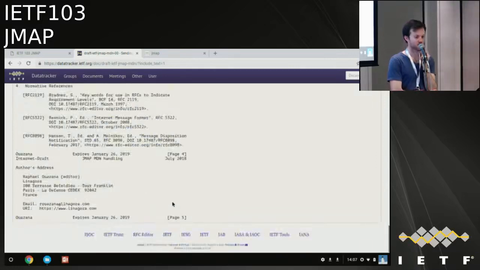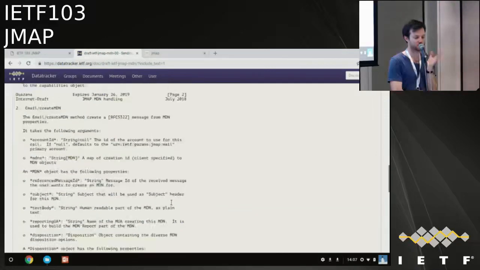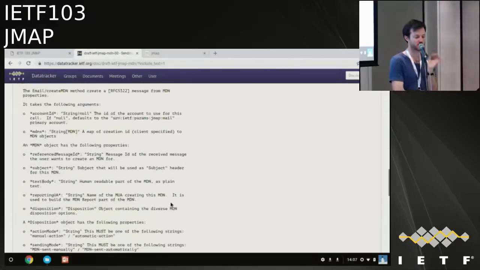So just adding some little sentences to put the MDN context in that spec. Okay. Yes, I need to review it properly and send some comments, but I did read through it again this morning. I think the general idea seems fine. It needs updating a bit to conform with the latest standard way of doing things in JMAP and naming conventions. But it's a fairly simple extension that sends MDN.